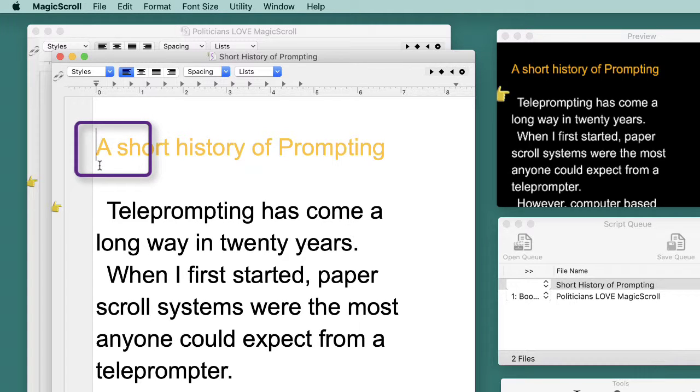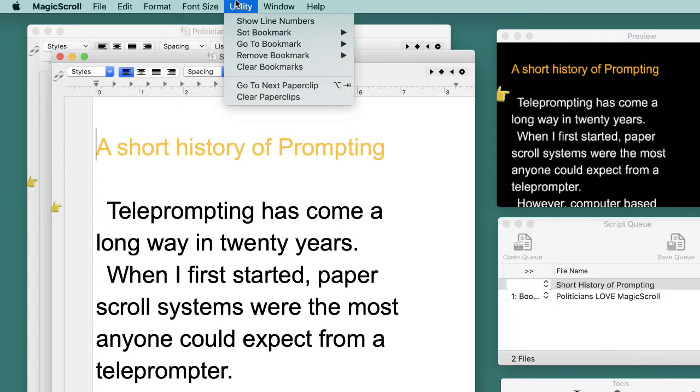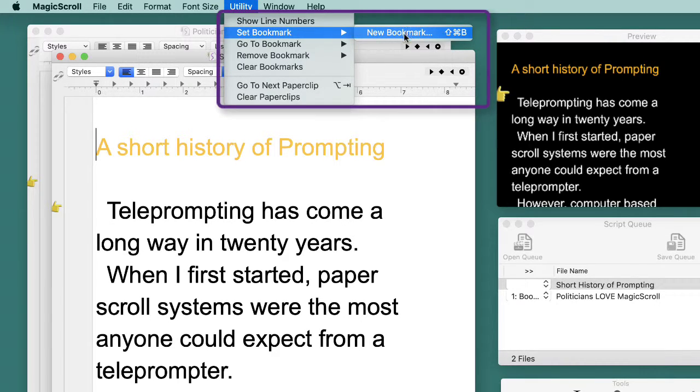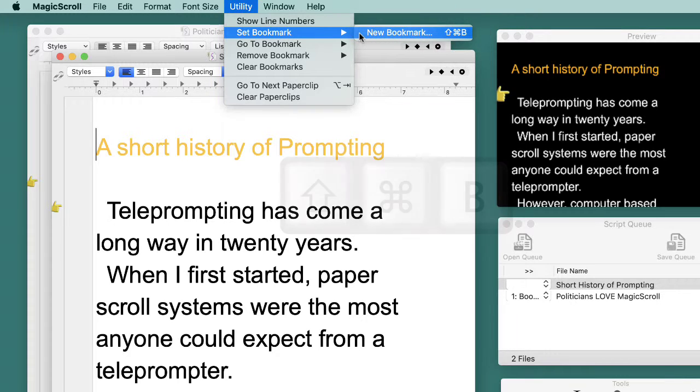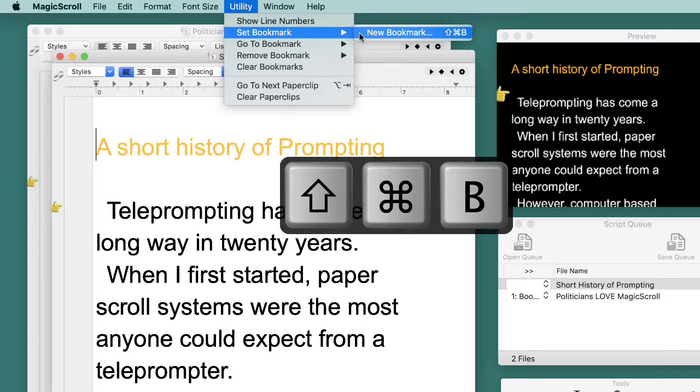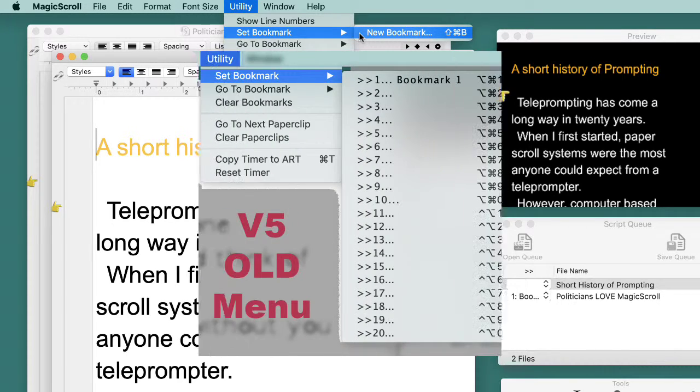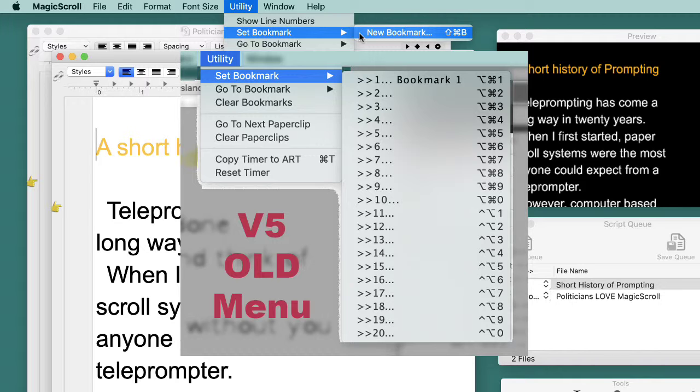Bookmarks are created based on where the cursor is in your document. Now, I go to the menu item for Set Bookmarks, where I can choose the command to create a new one. Please note that the keyboard command for this very same menu item is Command-Shift-B. For those of you who are familiar with our older version, you can see that you are no longer assigned